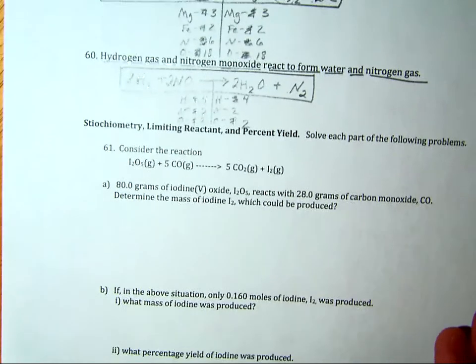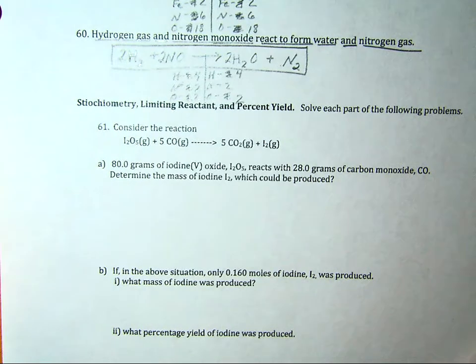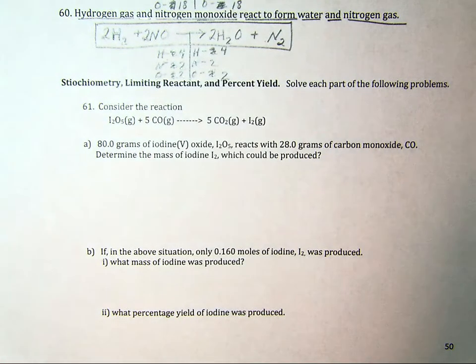Alright, now let's move into the final portion of the study guide. I've got a few problems here on stoichiometry, limiting reactants, and percent yield. We spent quite a bit of time in class going through problems like this, so this is our last chance to finally get it. If you haven't already worked these problems, please stop the video and try them on your own first and see if you can't get them. Okay, so let's get started. I'm going to go through them kind of quickly. They're long problems, so